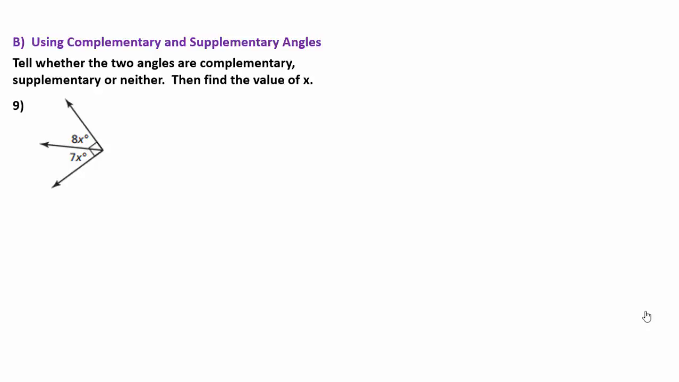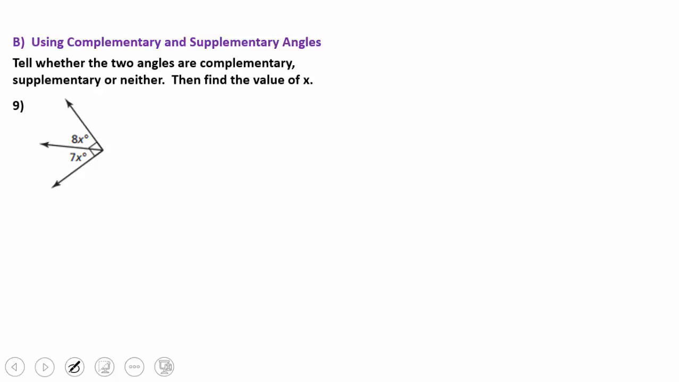And then we have supplementary angles, two angles whose measure sum is equal to 180. And many times when you see them that are adjacent, you will see that they form a straight angle. So right here, we're going to get started using complementary and supplementary angles. The directions tell us to tell whether two angles are complementary, supplementary, or neither, and then find